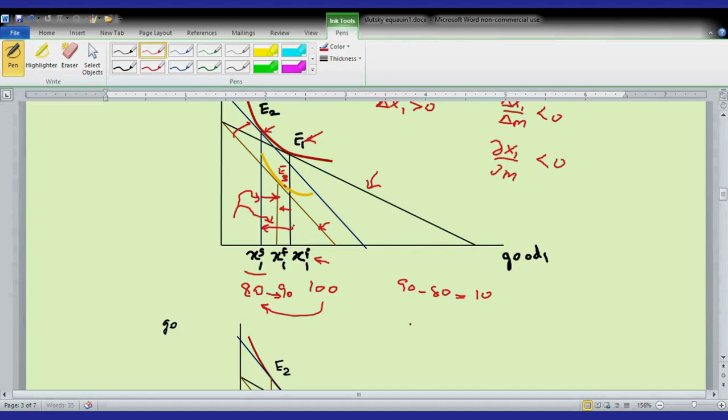In the context of substitution effect, 80 is the final value, 100 is the initial value, and so the substitution effect is saying that the consumption of good 1 will be decreasing by 20 units. So substitution effects and income effects are actually moving in opposite direction, and it is for this reason that we see that the consumption of good 1 decreases, however not to the extent as it was decreasing in the previous